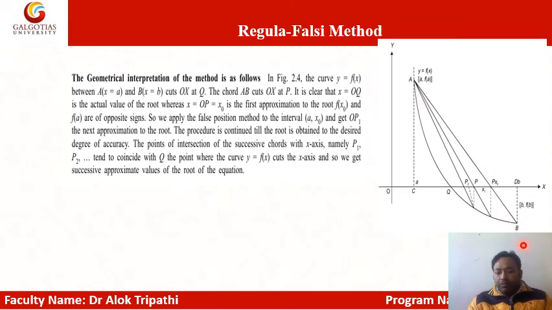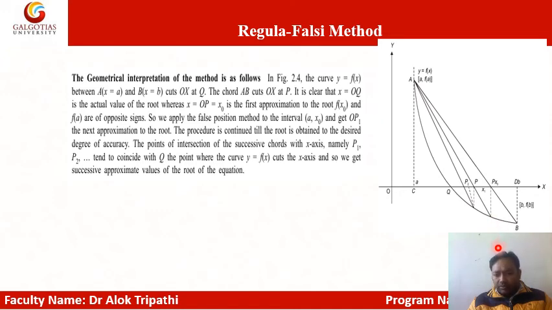Now where this straight line AB cuts the x-axis, this is our first approximation to the root, denoted by x0. From this point x0, we draw a perpendicular line to the x-axis,